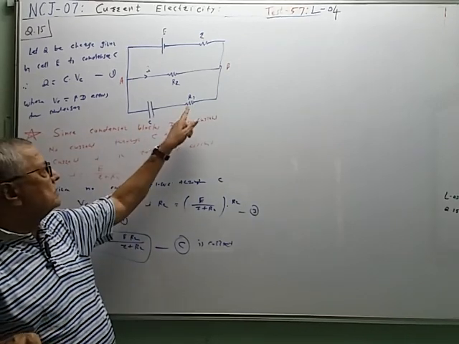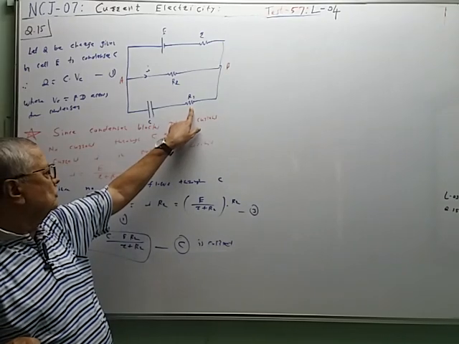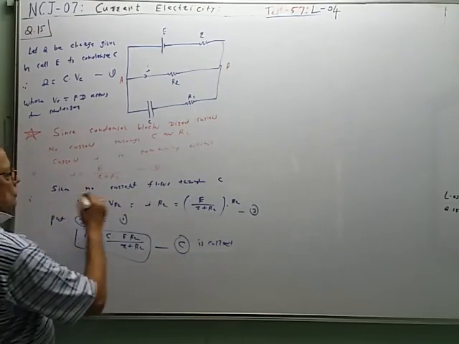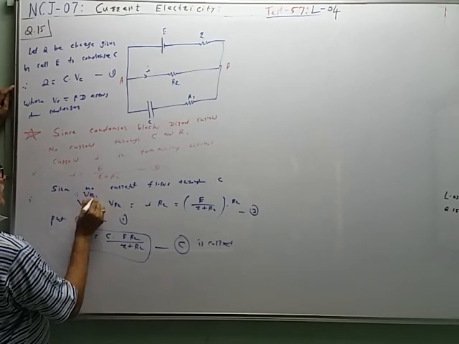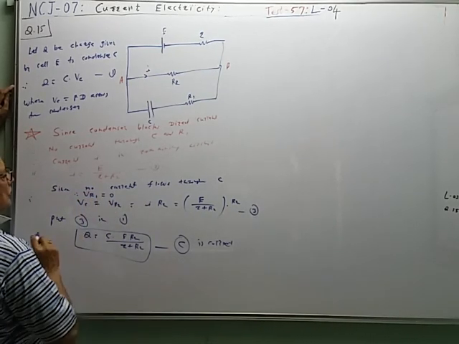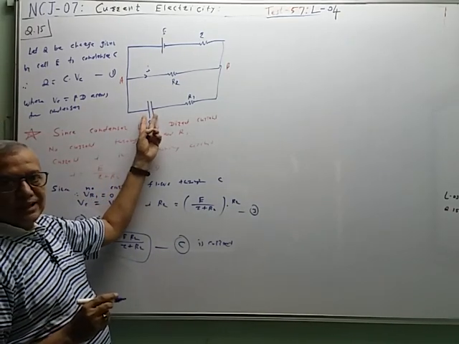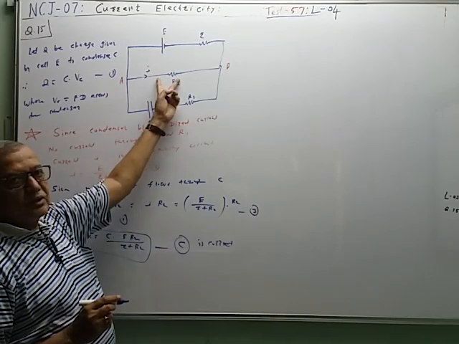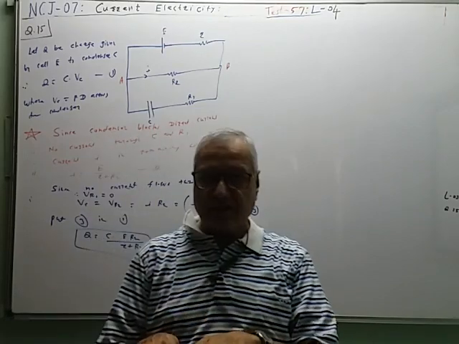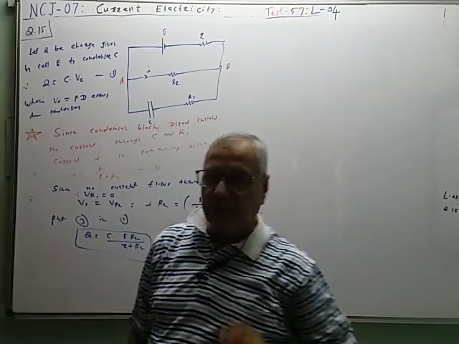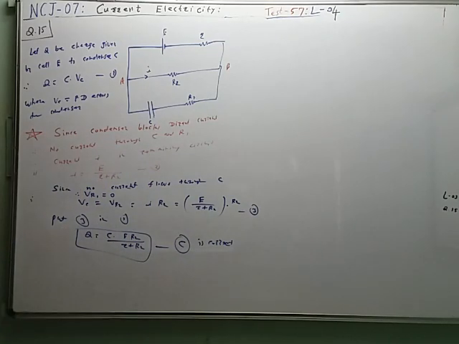या ब्रँडमधला करंट नाही म्हणजे याच्या ॲक्रॉस पोटेन्शियल डिफरन्स झिरो आहे. अच्छा. So you can add here. Since no current flows through C, therefore VR1 is equal to 0. Therefore VC is equal to VR2. याच्या ॲक्रॉस तो पोटेन्शियल डिफरन्स असेल चार्ज ॲड केल्यामुळे. When any body, any conductor or condenser is charged, its potential increases. This is the universal property of any conductor.